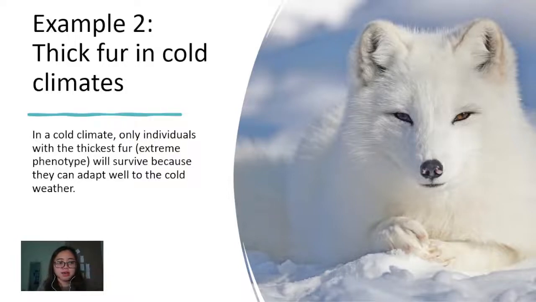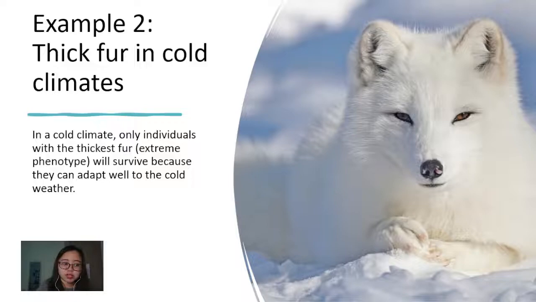The next example is a bit more simple. This is just a very general one. The second example is we can take the thick fur of animals in cold climates. So if you imagine a very snowy landscape, it's very cold. There's no main sources of heat. In these cold climates, the individuals, or more specifically the mammals with the thickest fur, which is an extreme phenotype,